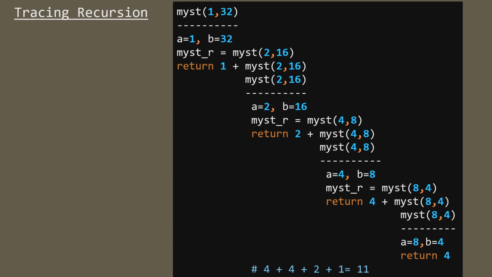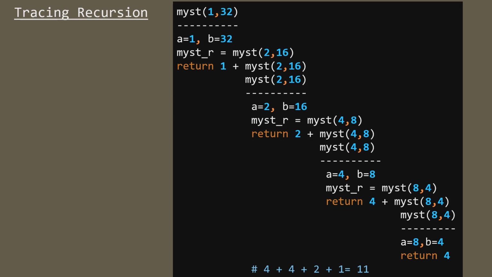Okay. Now again mist(2, 16) is called. Here a value is 2 and b is 16. So mist_r becomes mist(4, 8) because a value got doubled and b value got halved. Now it returns 2 plus mist(4, 8) because it has to return the value of a plus mist(4, 8).